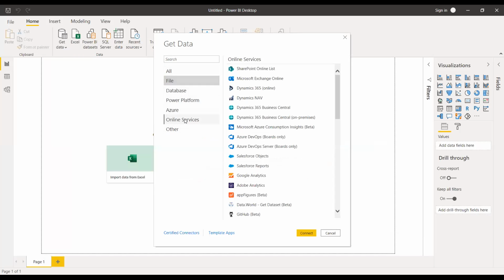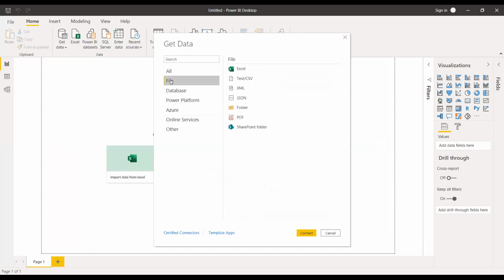Online sources: Excel, JSON, folder, database.